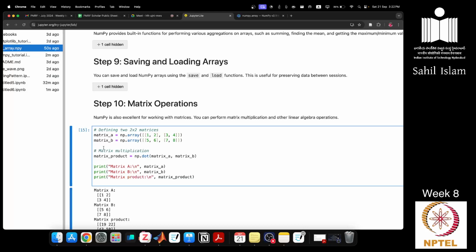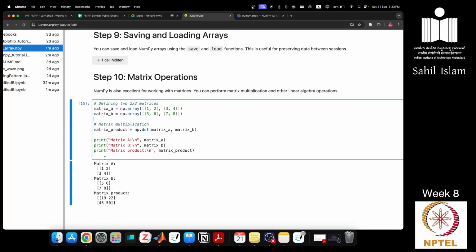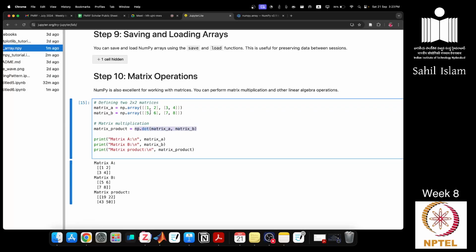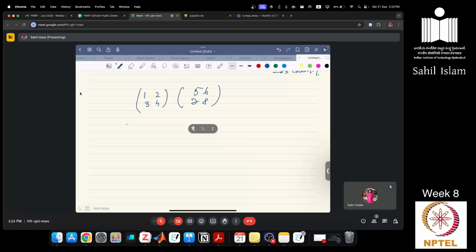Lastly, I would like to point out matrix operations. So let's say you want the dot product of these two matrices. Dot product means essentially we have one matrix 1 2 3 4, and another 5 6 7 8, right? So if you just do a product